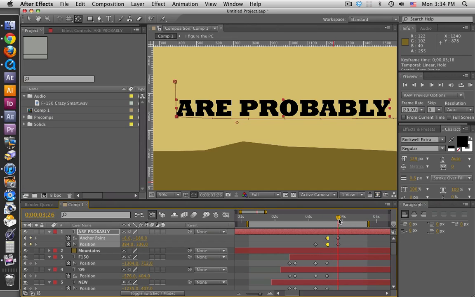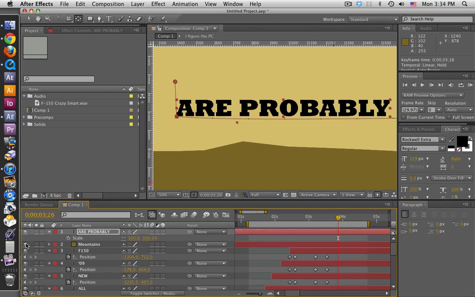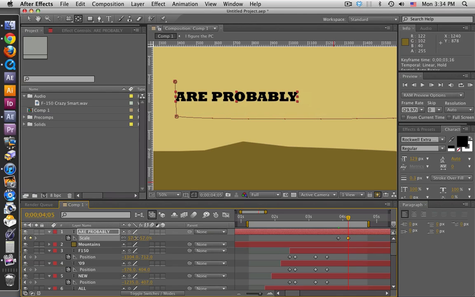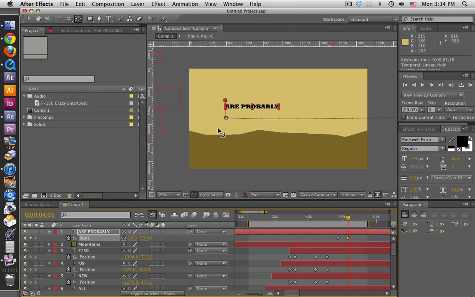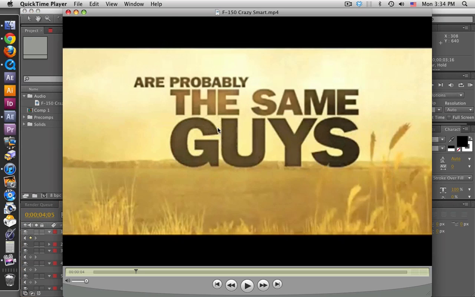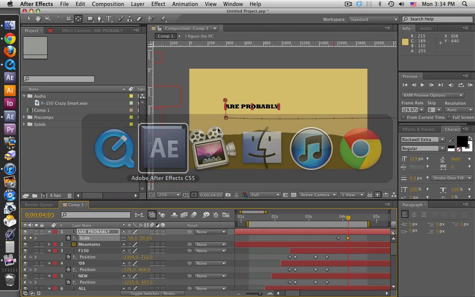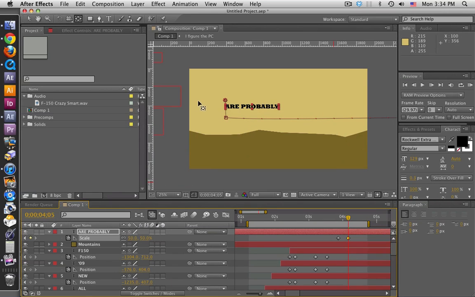So it's sort of a little cheat. Okay, so now I can keyframe scale, and it'll scale exactly where I'd like it to scale to. Let's look at scale. Probably, let's see, was that about the right size? Sure. Probably